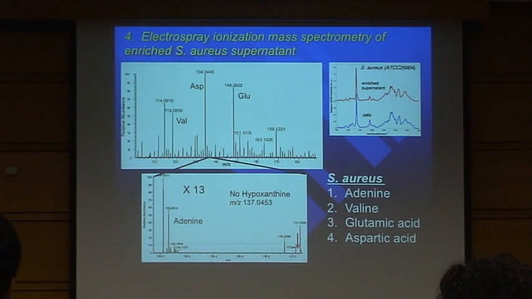The final bit I do want to show is, of course, now that we have the supernatant, we can use mass spec to just verify what we see in the SERS spectrum. So here for Staphylococcus aureus, which I told you is dominated by adenine, this is a mass spec spectrum. The tall peaks here have nothing to do with adenine. The acid, aspartic acid. If I go up